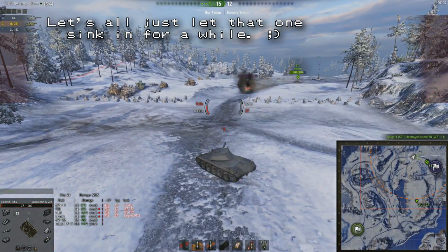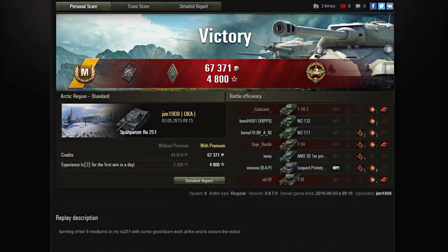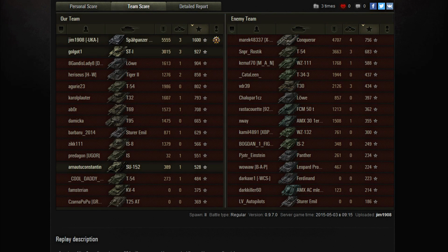Anyway, he got a nice fire there, he got another hit in, didn't get the kill, but the ST-1 was able to come round, and he was able to make use of that guy pushing to get a nice flanking manoeuvre on that sole remaining enemy. So that was an Ace Tanker and a High Caliber, and the T-54, I mean, we have to give him a little, like, I don't know if it would be quite nice to give him a round of applause or whatever, but that made that game what it was right there. Up until that point, I was not convinced, and then I saw that and thought, okay, this might actually be good. So he did exactly